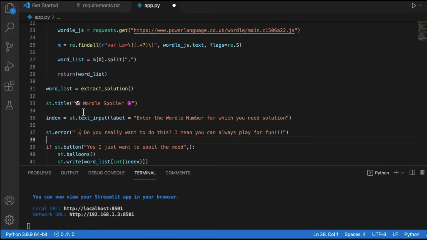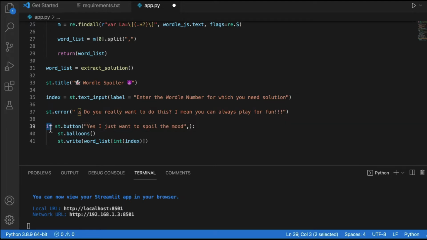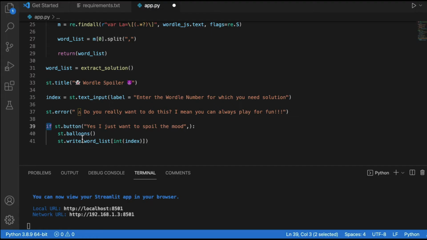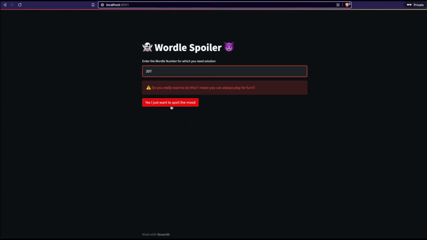After we have that error message, we have a button, and that button is actually an if condition. So if this button is pressed, and what is the value of the button? It says yes, I want to spoil the mode. And then of course, if somebody clicks it, you display the result.